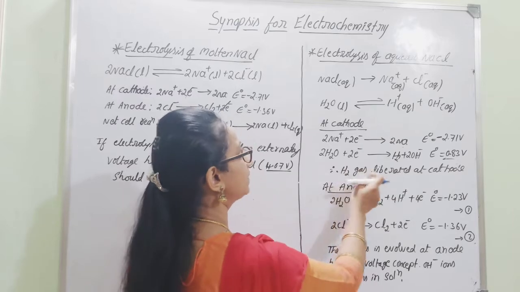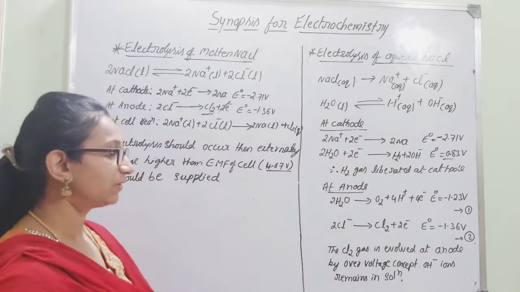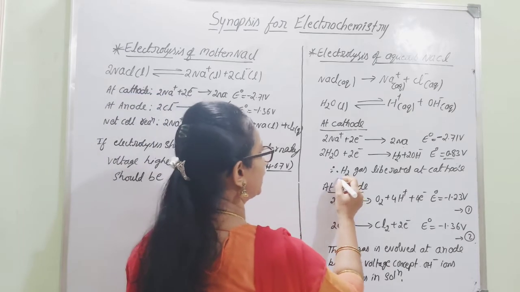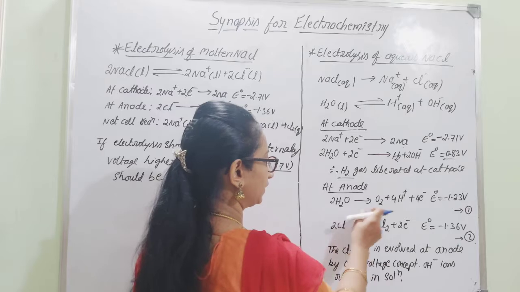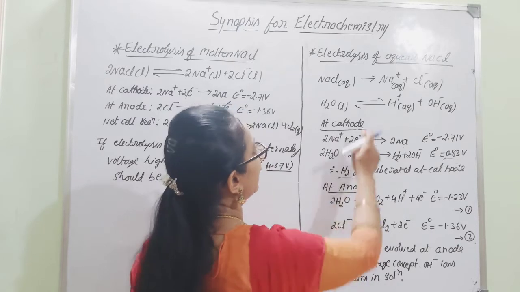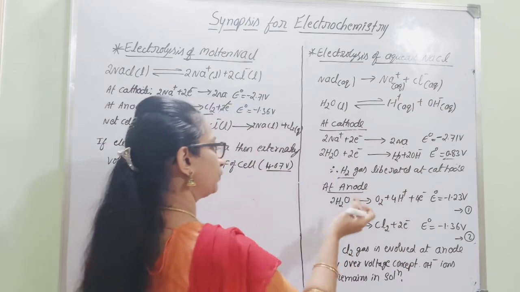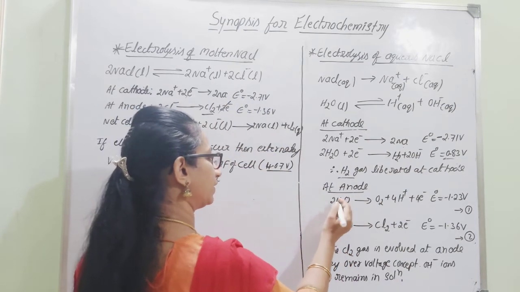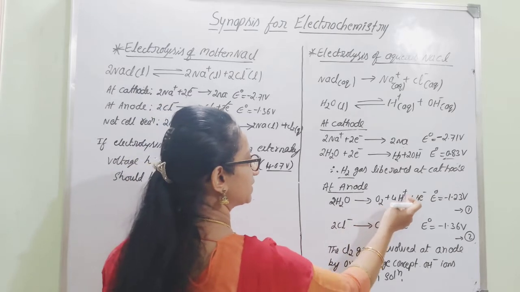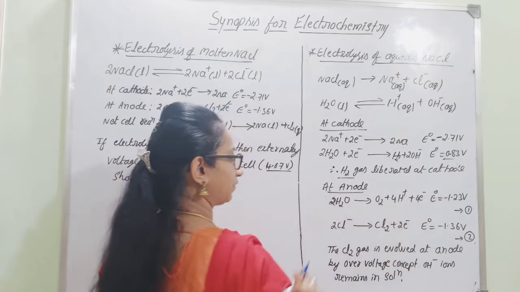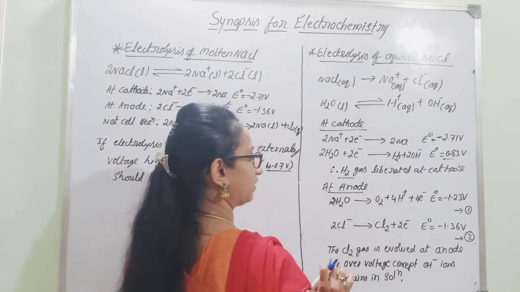Therefore, which gas is liberated at the cathode in electrolysis of aqueous sodium chloride? That is hydrogen gas. And at the anode, what reactions are taking place? At the anodic region, Cl- and OH- get attracted. That OH- is written in terms of water, and here water is converting into oxygen and 4H+ ions with the release of electrons. They are losing electrons, that is, OH- ions are losing electrons here.